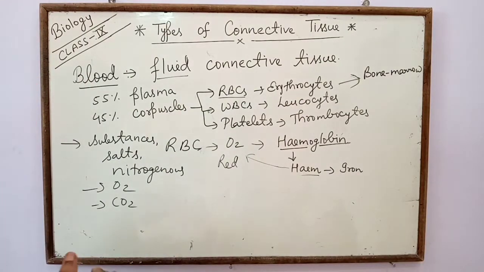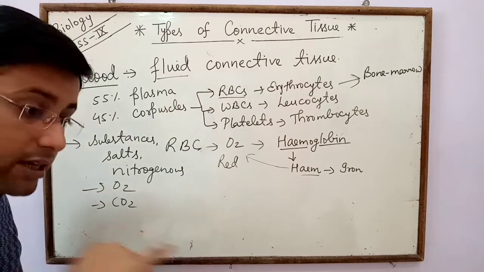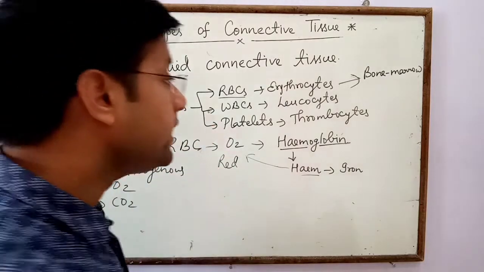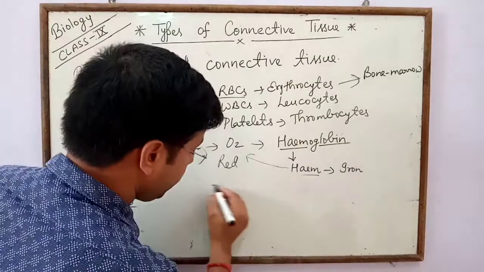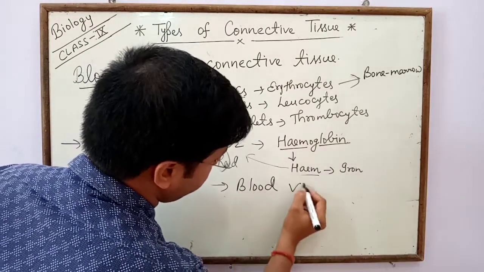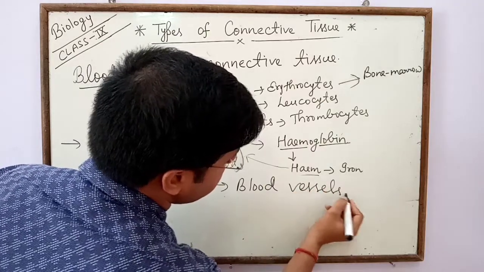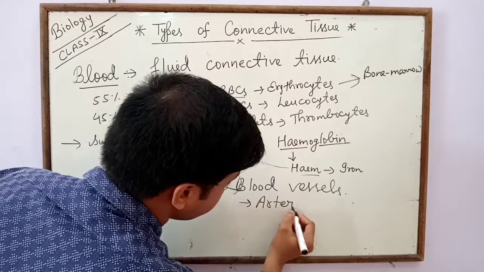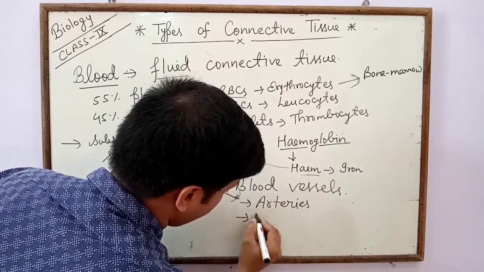Blood is conducted inside a closed circulatory system, especially inside blood vessels, and blood vessels consist of arteries, veins